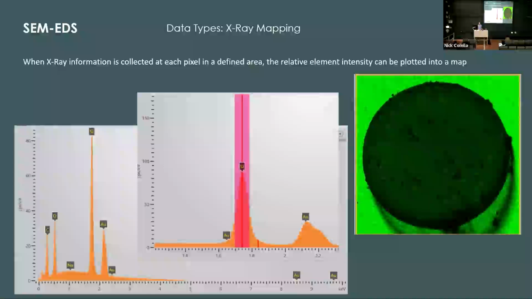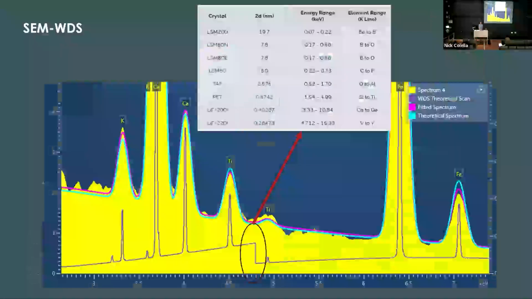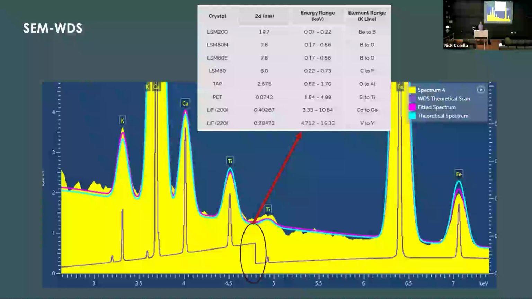Often the problem with EDS and light elements is kind of twofold. You often have more overlaps with light elements because there are more X-ray lines in that part of the spectrum. And also, that's where the background curve tends to peak. But if you look at this spectrum, we're more than capable of doing a good quantification on carbon, oxygen, nitrogen, things like that. So I usually try to do light elements by EDS when possible, but either method can technically go down to beryllium.